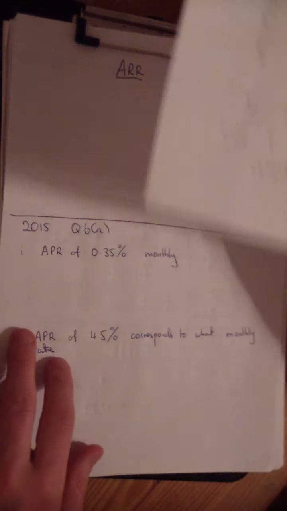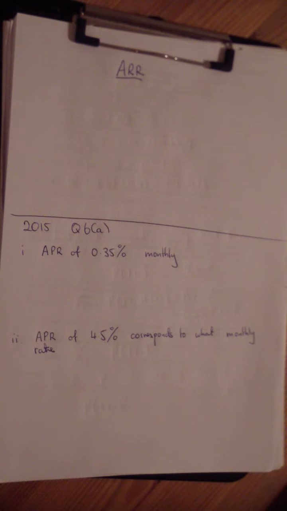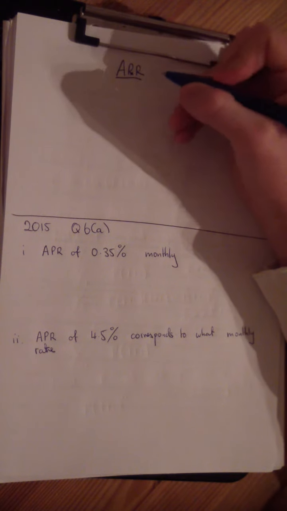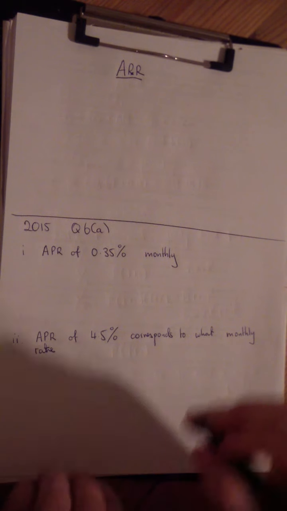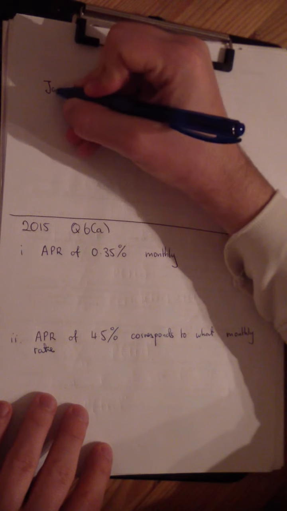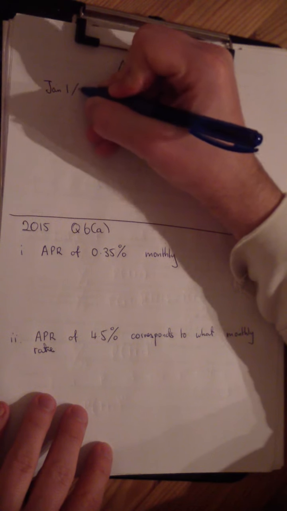Okay, the next thing we're going to look at is APR. Now there's various different ways of explaining this, but probably the best is to talk about it as a normal current account. Now the interest on a current account is very, very small, but if you imagine it, say on January 1st, 2018, to